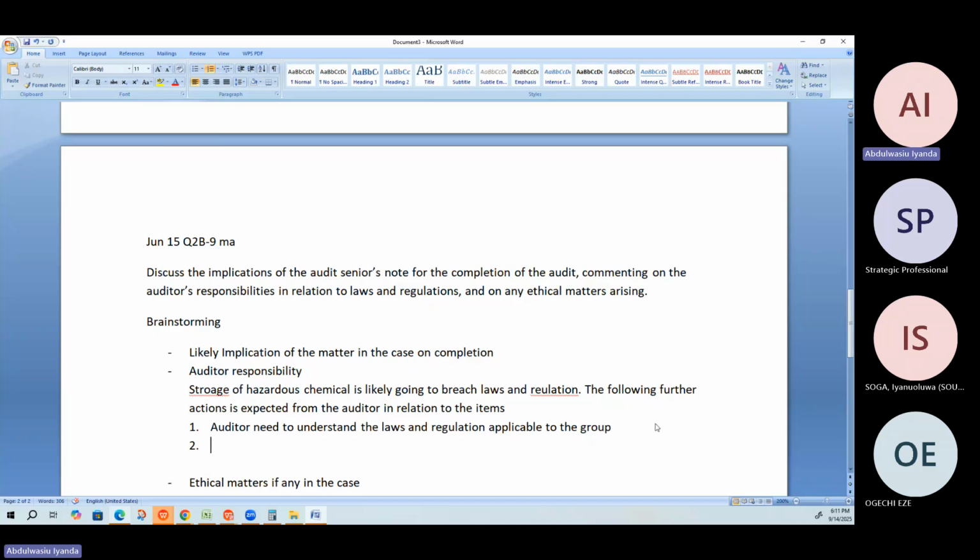In IFRS, you can perform an impairment test, and at the end of the day, there's no impairment. In US GAAP, their own regulation is that you do it when you are sure; you don't just do it because you feel you want to test. The wording is that it must be probable that impairment will occur.